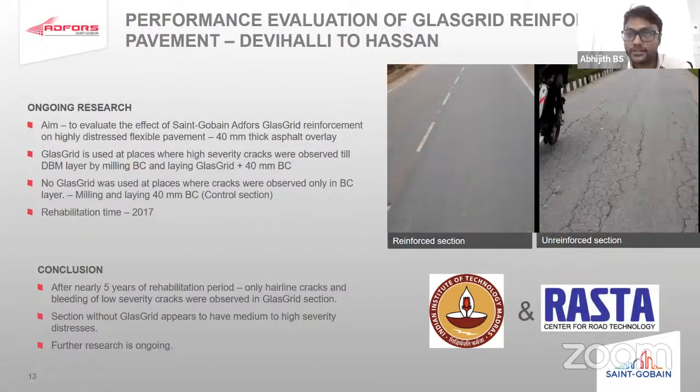This is an ongoing study in India, being carried out by IIT Madras and Rasta: performance evaluation for GLASGRID reinforced pavement. This is a stretch in Karnataka, from Devihalli to Hassan. Here the concessionaire used our GLASGRID product for this particular project, where there were very severe alligator cracks from the DBM, and rutting as well. So they wanted to mill the BC, put the GLASGRID, and then again 40 mm BC, where the cracks have appeared till